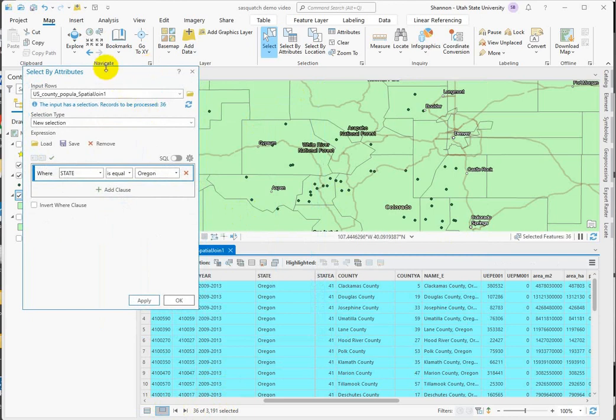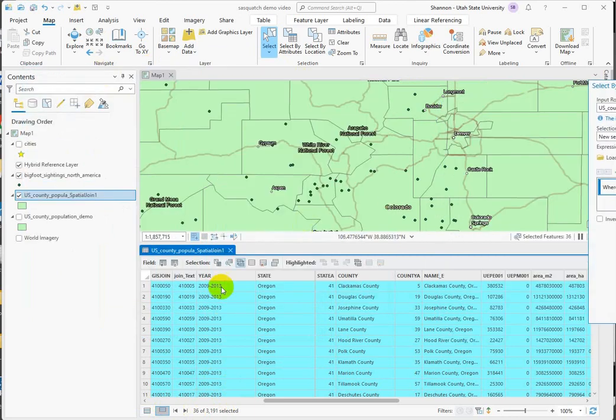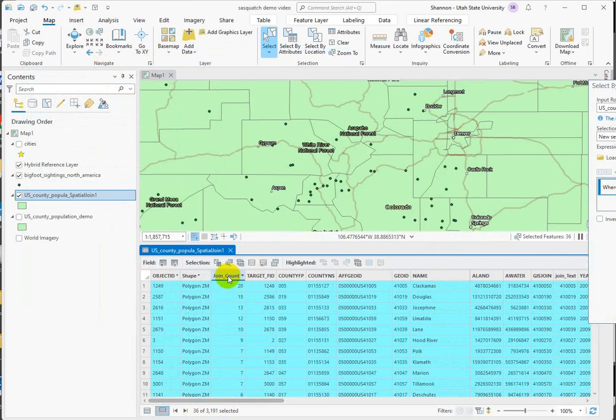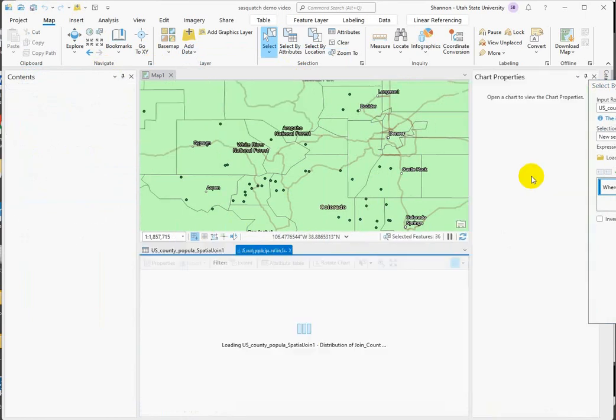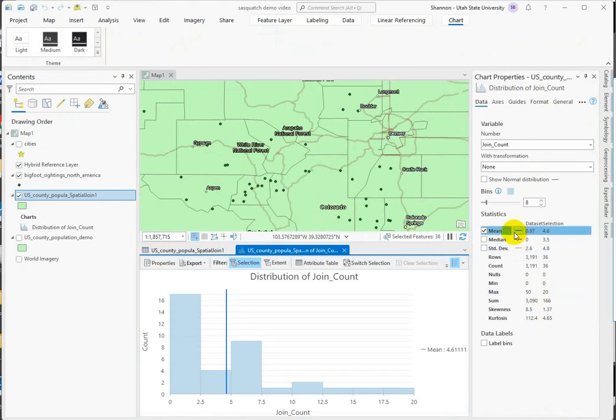then we can use the statistics feature. Move that out of the way. Go back to our join count, right click on it, and let's hit statistics. This opens a new panel that summarizes the statistics of the join count field for us. It gives us an average number per county. The selection is Oregon, and the data set is all of them all together. So you can already see the mean sightings per county are much higher for just Oregon than they are for the whole data set. But down here is the sum. So Oregon has 166 sightings,